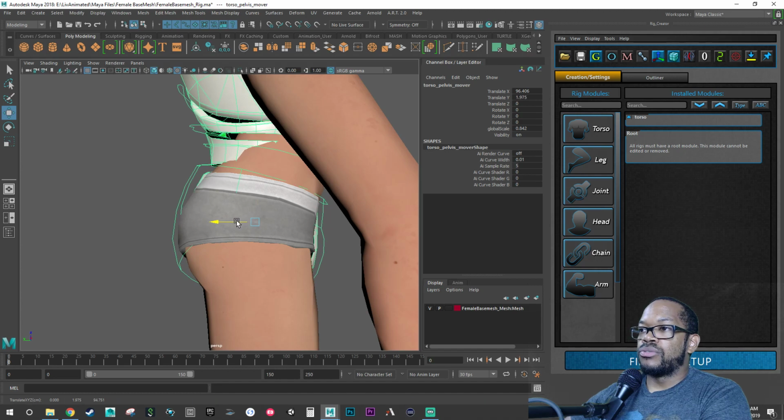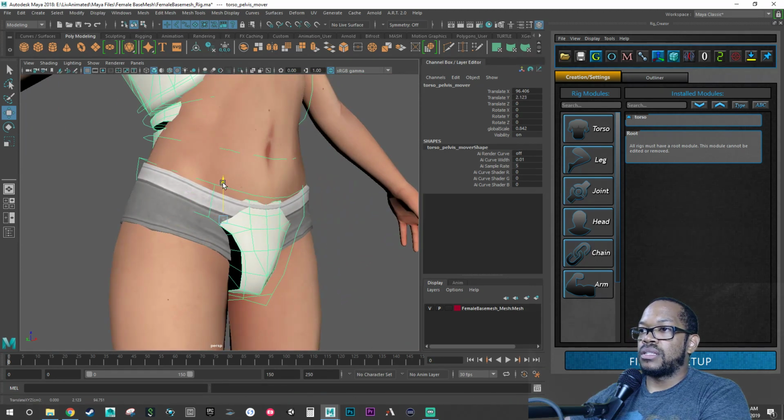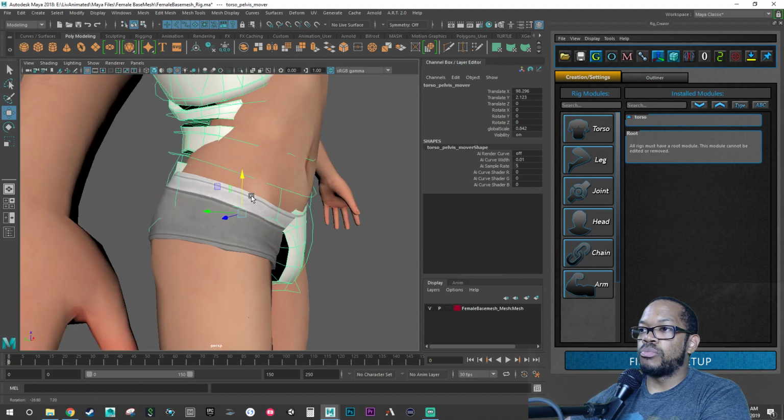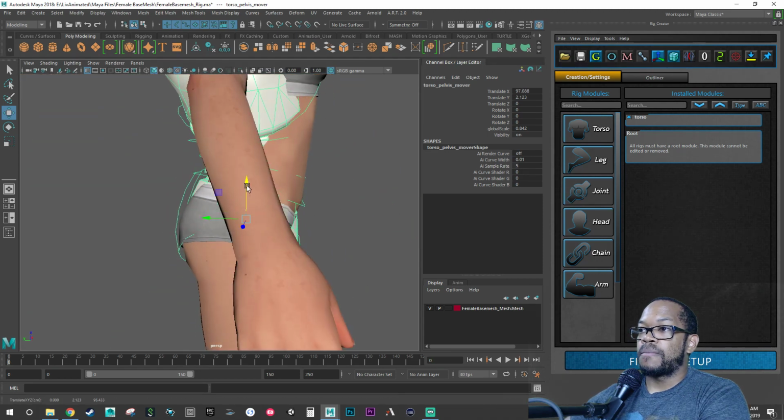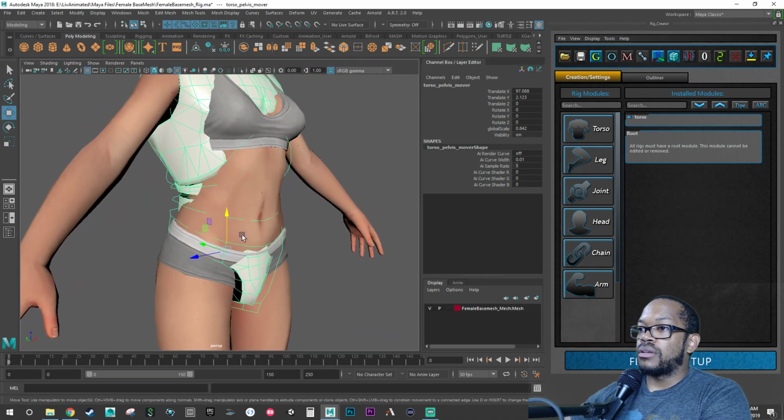So you may want to move this around and scale it. This is all going to matter when it comes down to placing the leg joints. So that looks pretty good. We're going to leave that right there. And then you're going to want to turn this off, turn this on,